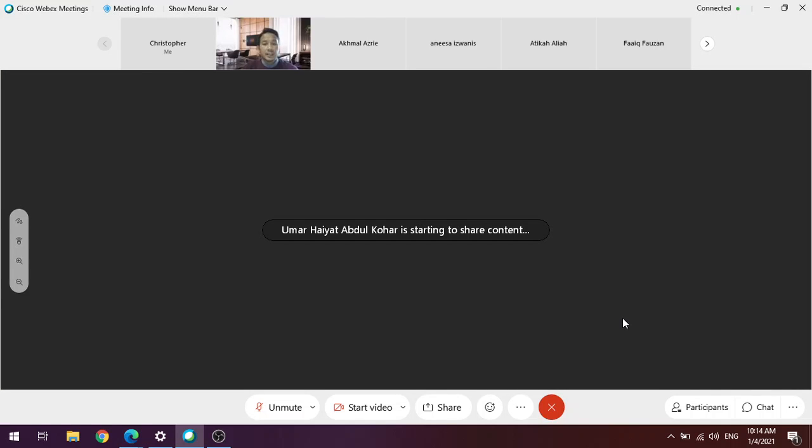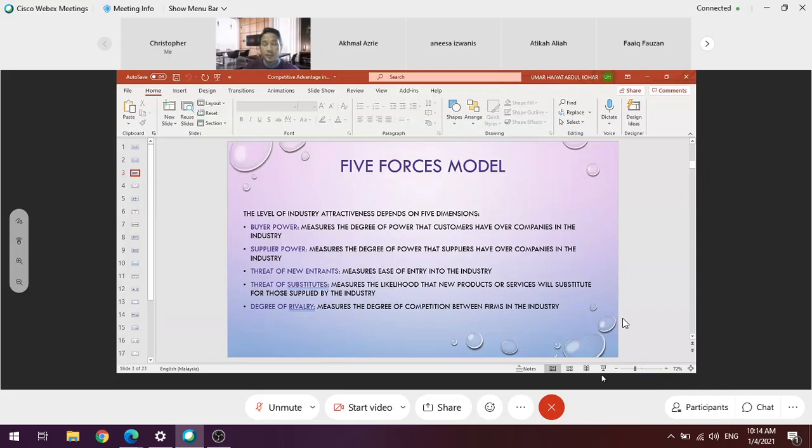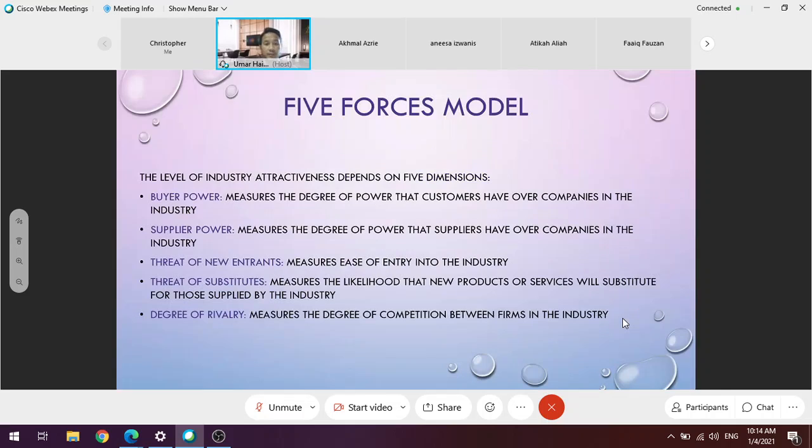So basically, the last thing that we discussed in Tuesday's class was the five forces model. I think we already elaborated on that, and we already saw how important this model is in helping technology managers or perhaps entrepreneurs to formulate the technology strategy. Normally, when we try to assess how attractive an industry is, we can use this model, because eventually this is going to impact the way we operate our business in the industry.